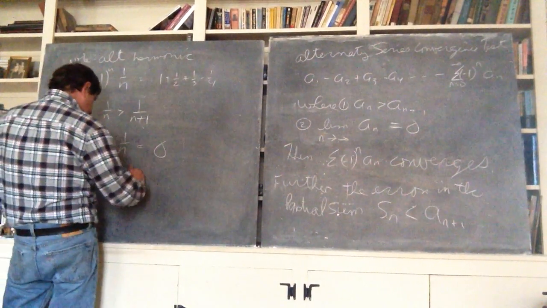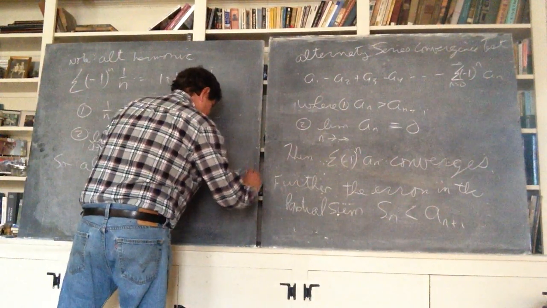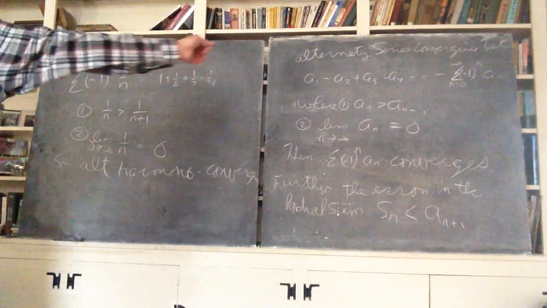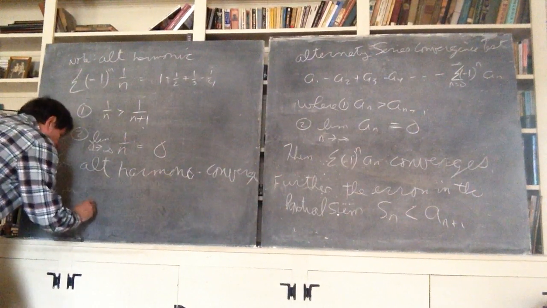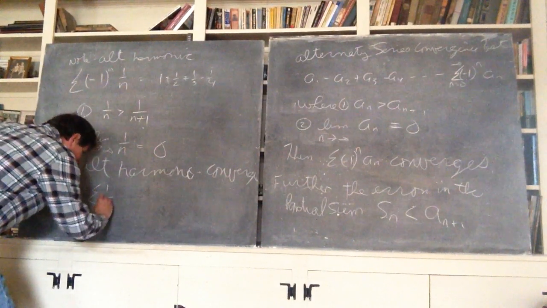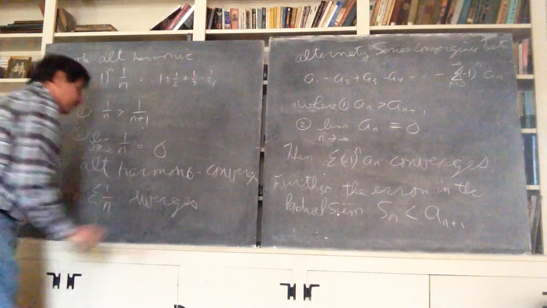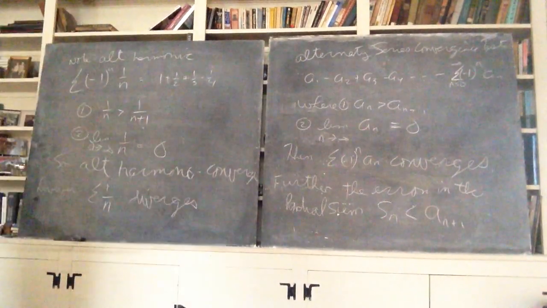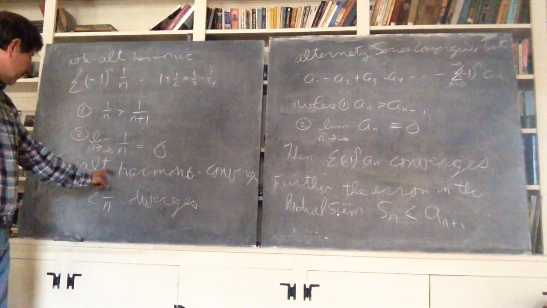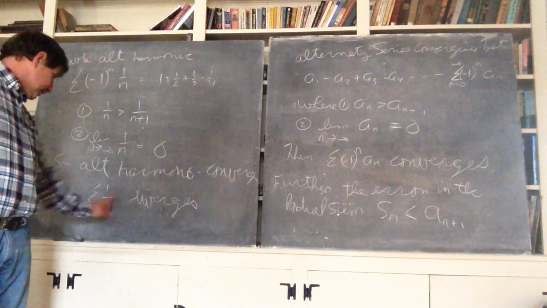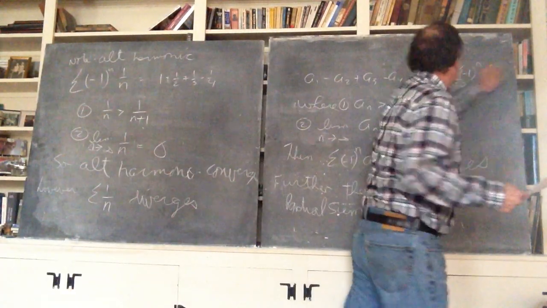The alternating harmonic series converges according to the alternating series convergence test. However, the harmonic series diverges. And this is going to be called conditional convergence. With the last part of this particular table, we're going to talk about conditional convergence, where the alternating series converges and the regular positive series diverges. But before that, let's go to